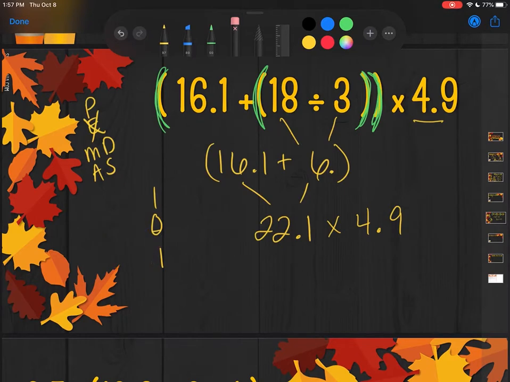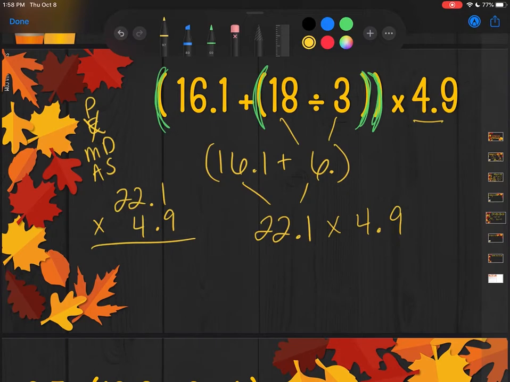I'm going to erase this so I have more room. Do not erase your work as you go. I want you to make sure that you're working all these problems out and you have all of your work shown. I'm just erasing it because I'm out of room, but y'all can grab more scratch paper. So I'm going to do 22.1 times